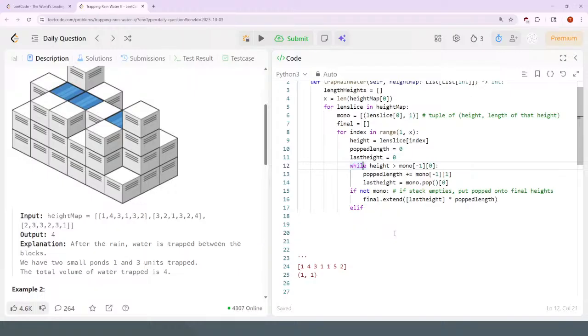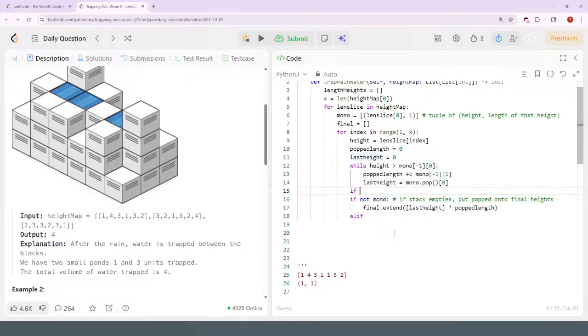No, I'm missing a step here. If I pop it, okay, I think I need to make sure if popped length is greater than 0. Okay. So if there was some stuff that was popped,